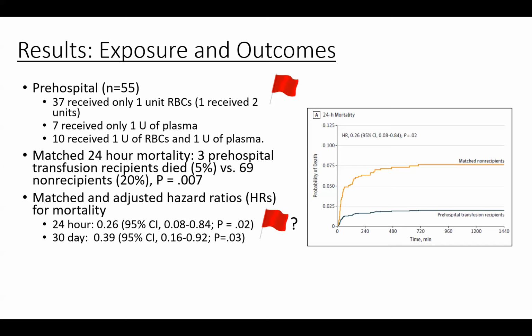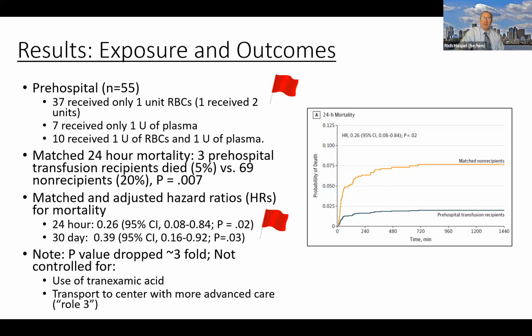There's been a comment made, as you said, that there's no way that anyone could have been saved by 1 or even a 2 unit red cell transfusion. Exactly. Yeah. And then what I'm getting at with this second one, we went from a p-value of 0.007 to a p-value of 0.03. And we just mentioned that they didn't control for a couple of pretty important things. So all it would take probably is controlling for a few more confounders and it would go poof. This would no longer be statistically significant anymore.